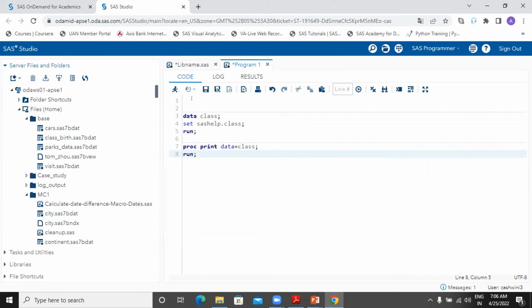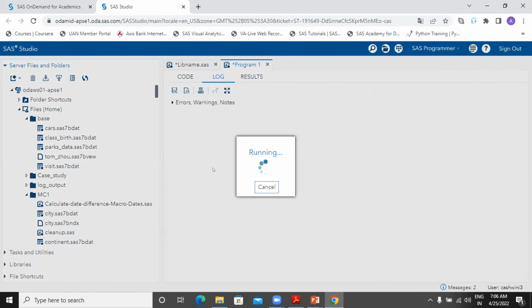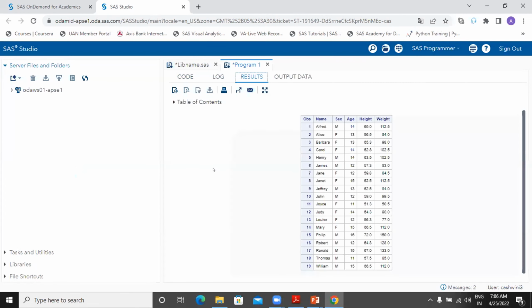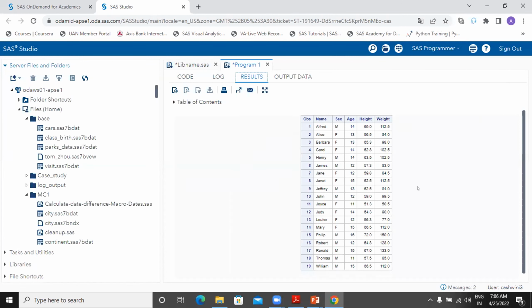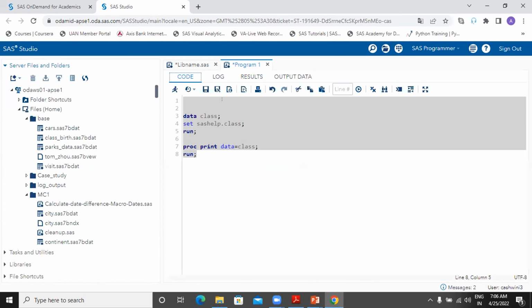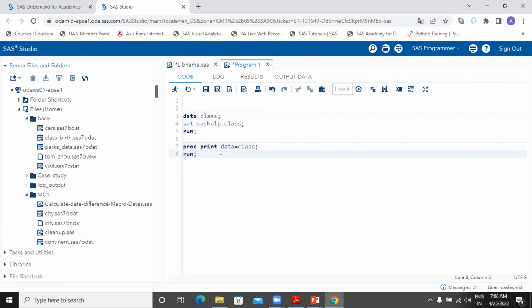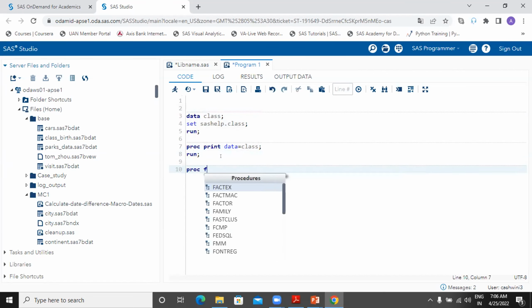So what I'm doing, I'm writing two steps. First step is a data set is created. And the second step is I'm creating a report on this data set. So in case this process is required to be done frequently on a specific table for your data, or you want to also use the frequency,